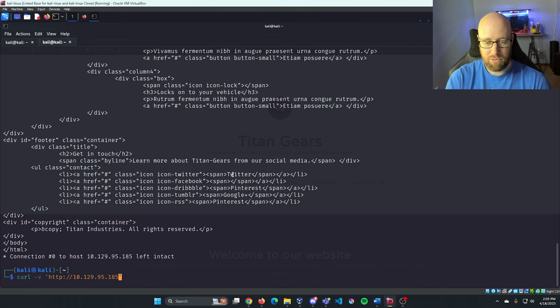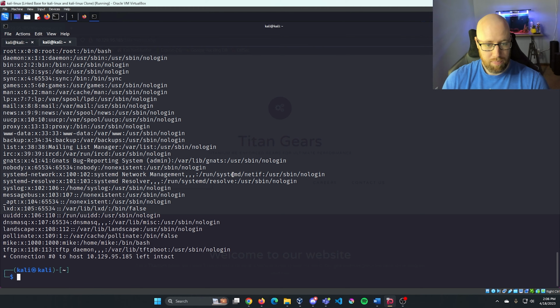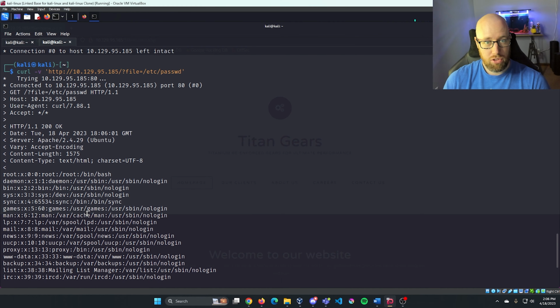So what it was looking for was a /?file= parameter, and now we're going to have it try to find a specific file that we think might be available on this web server. And just to try something that might be interesting, we can do /etc/passwd to see if we are able to find this on the web server. Press enter. And we can see that we actually have a local file inclusion vulnerability and it returns to us the